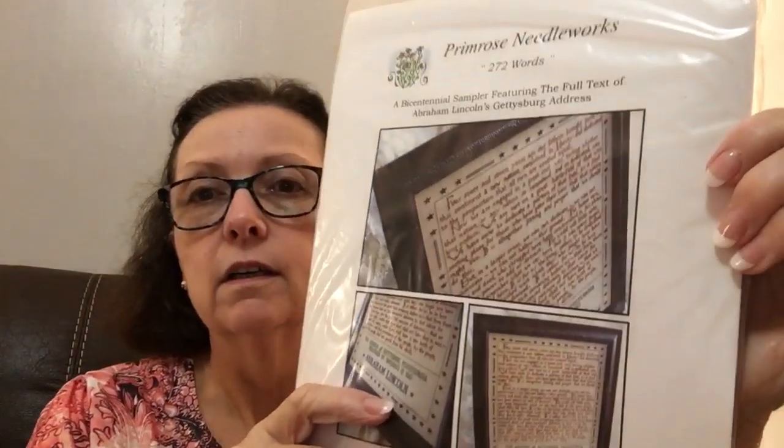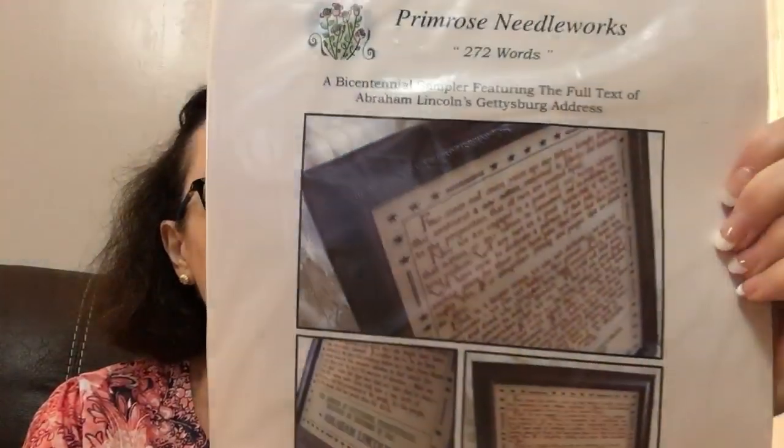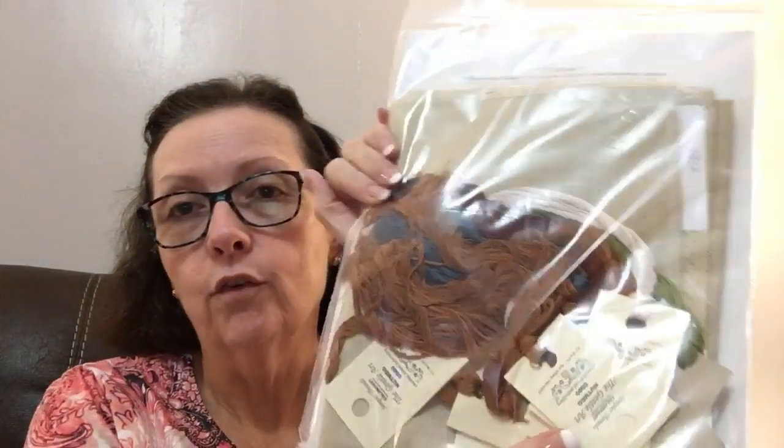Okay, here is, it's 272 words. Primrose Needleworks. I have the call for fabric and threads. It's ready to start. I have Quaker Christmas by Bygone Stitches. This is the first one. I have all the threads, fabric I'm going to use,